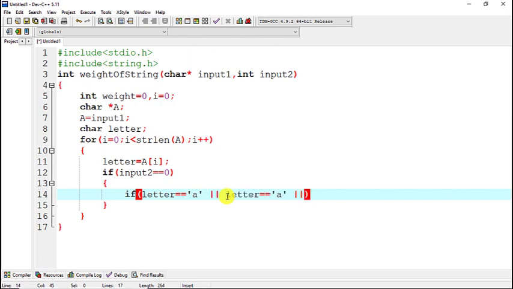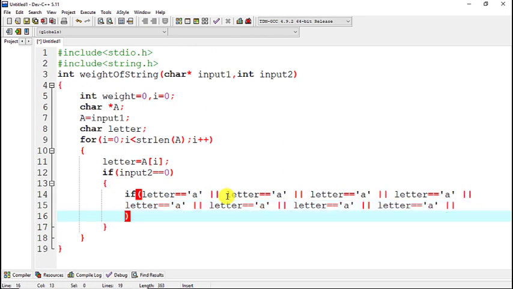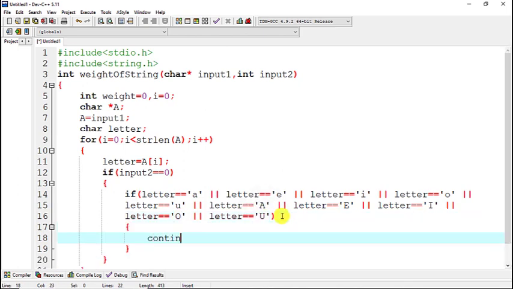So Ctrl V, 1 2 3 4 5 6 7 8 9, and here remove this and change the letters to E I O U, and here in uppercase A, E, I, O and U. After that we will write here continue.